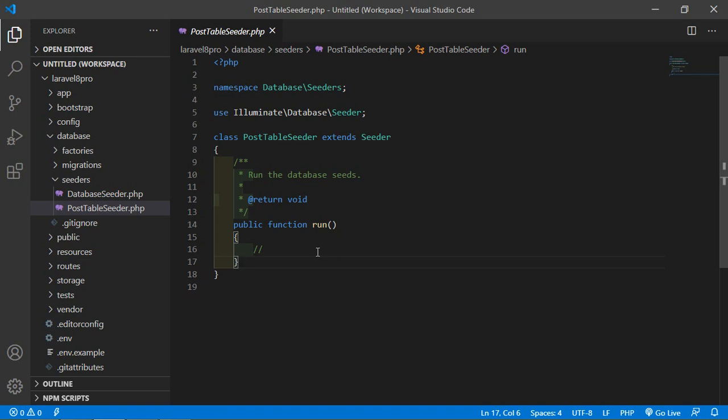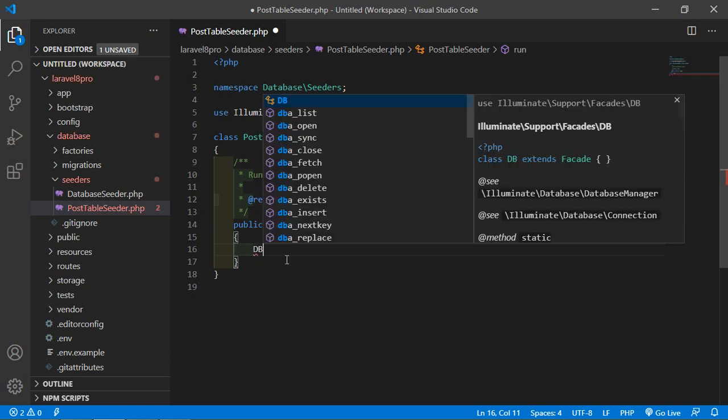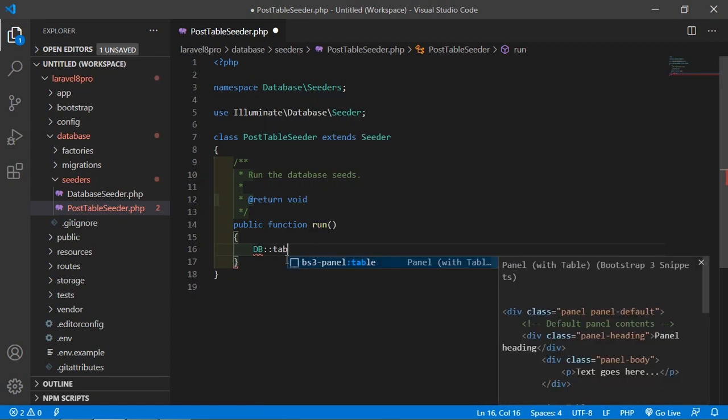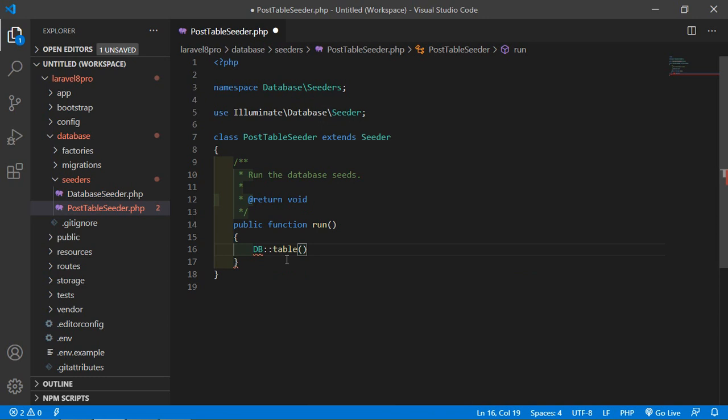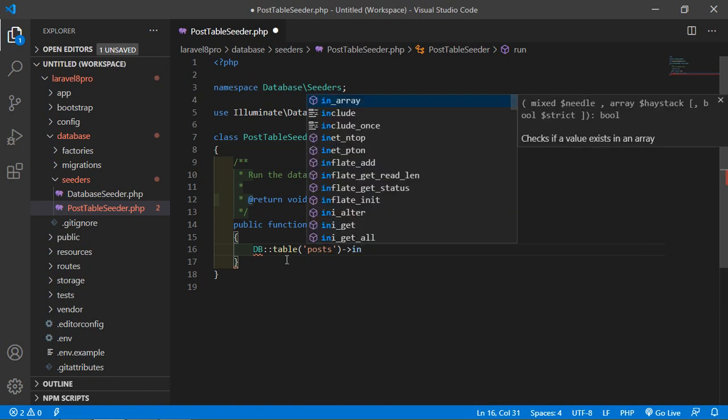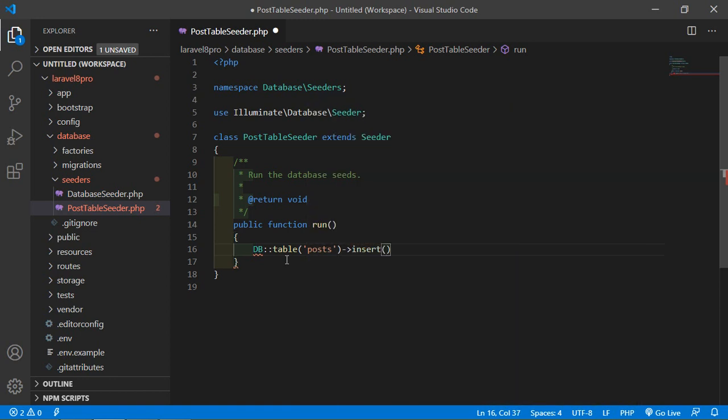So let's modify the PostTableSeeder class and add a database insert statement inside the run method. Write DB::table and add the table name. Let's say the table name is post, and call the insert method, and inside this pass an array.